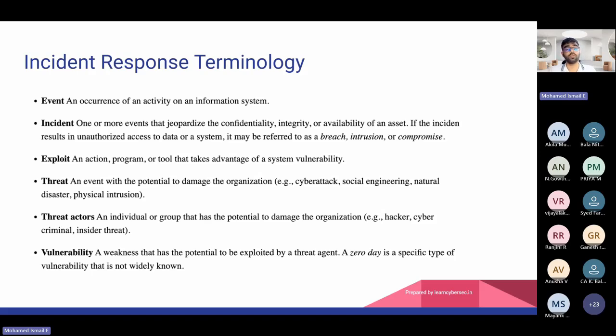Now vulnerability. In the incident, there would be a vulnerability. The vulnerability could be in the form: they haven't patched the SQL injection, or the form may have accepted the remote connection to the SQL database. That's where the vulnerability got exploited. So these are the terms you should be aware of. If someone asks you what an event is in information security, you should give this definition as it is. You shouldn't modify anything. That's the reason I put all the statements as they are from the textbook. So event, incident, exploit, threat actors, vulnerability, these are the key components in incident response.